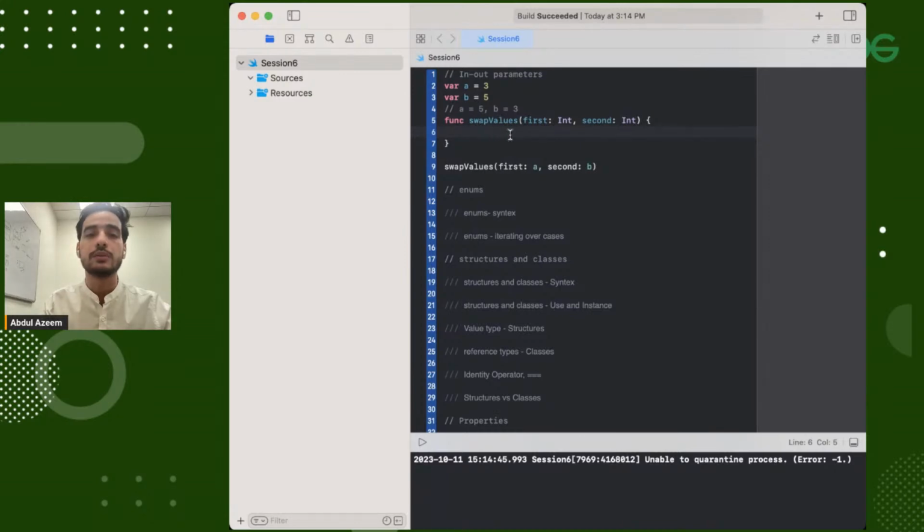So to make the reflection outside of the function, I have to pass the reference of a and b into that function. To pass the reference, I have to make these parameters inout parameters. So now to call that, this is A and this is B. Now